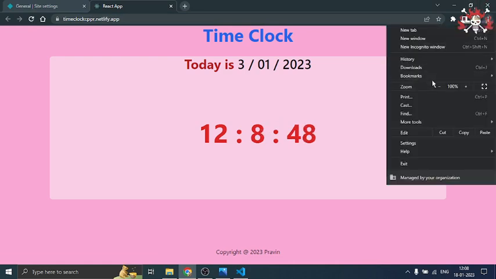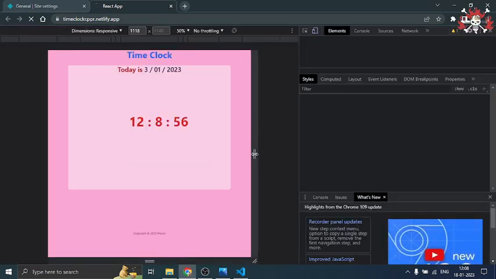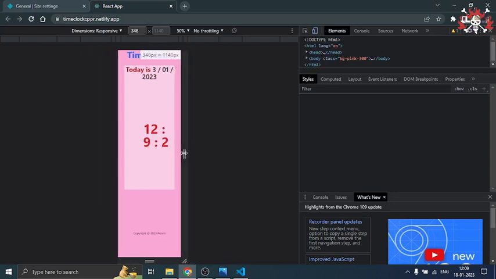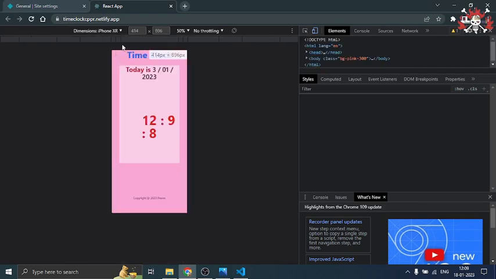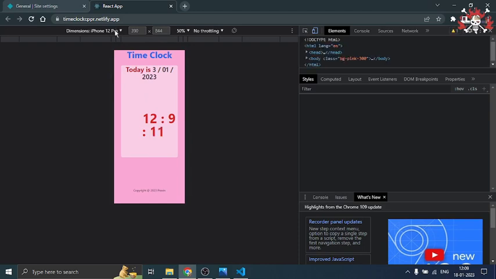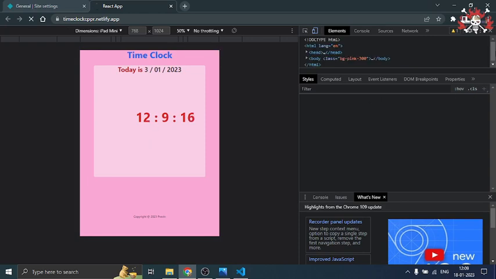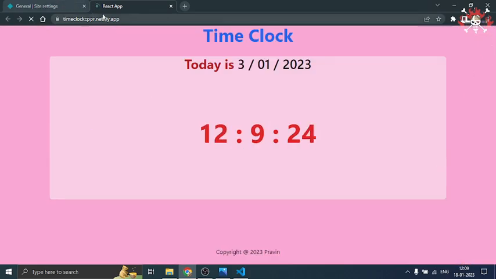If you want to see if it's responsive or not, let me click on inspect, and it's responsive. Okay, let me go for iPhone XR, iPhone 12 Pro. Let me go for tablets, iPad mini. Okay, it's not very bad on other devices, but somewhat good to see. And that's it for this video, friends. But here, see, we have not even